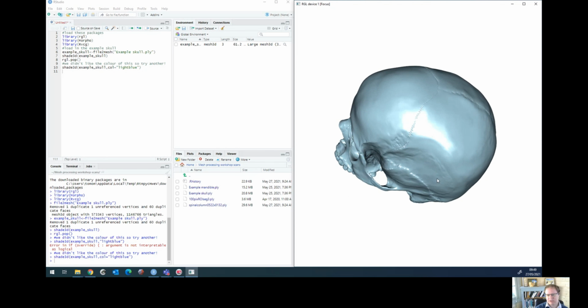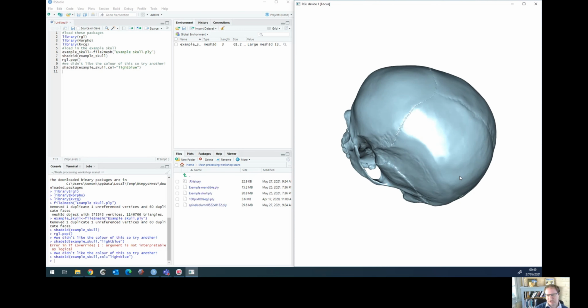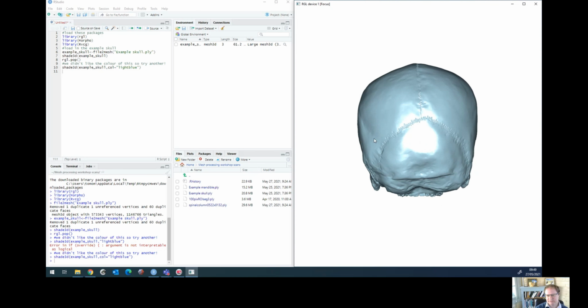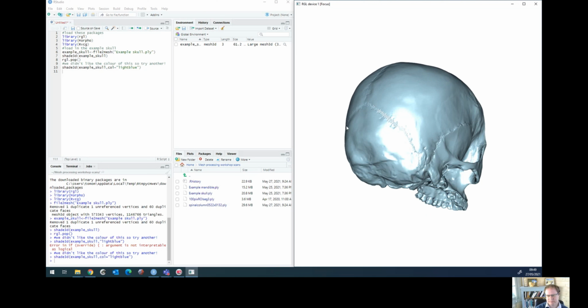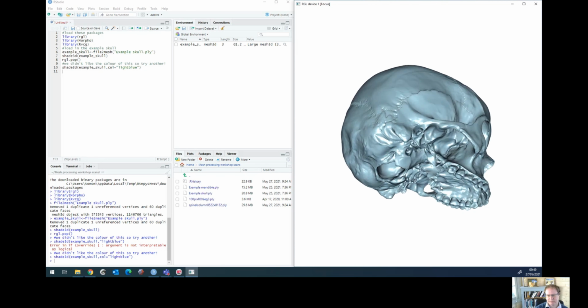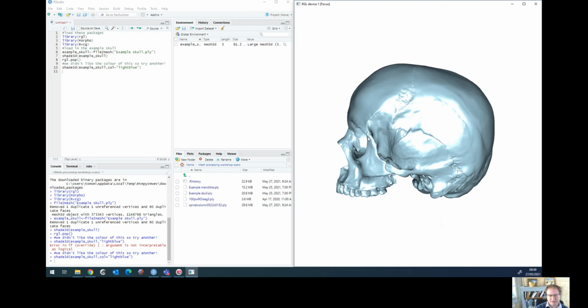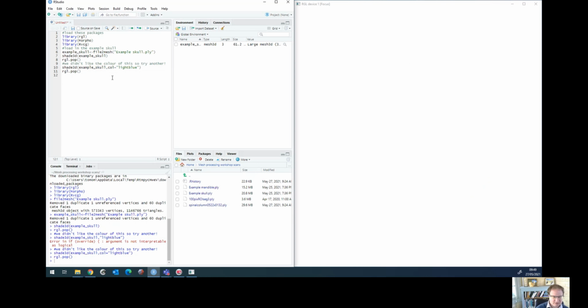And you can see this is quite a nice segmentation. It's been cleaned up by the original person using Blender and ZBrush, and it's quite nice and clean. It's just the outside of the skull, which we'll see in a second when we do another thing. So we're going to go RGL Pop again, because I want to make this a transparent skull. So I copy